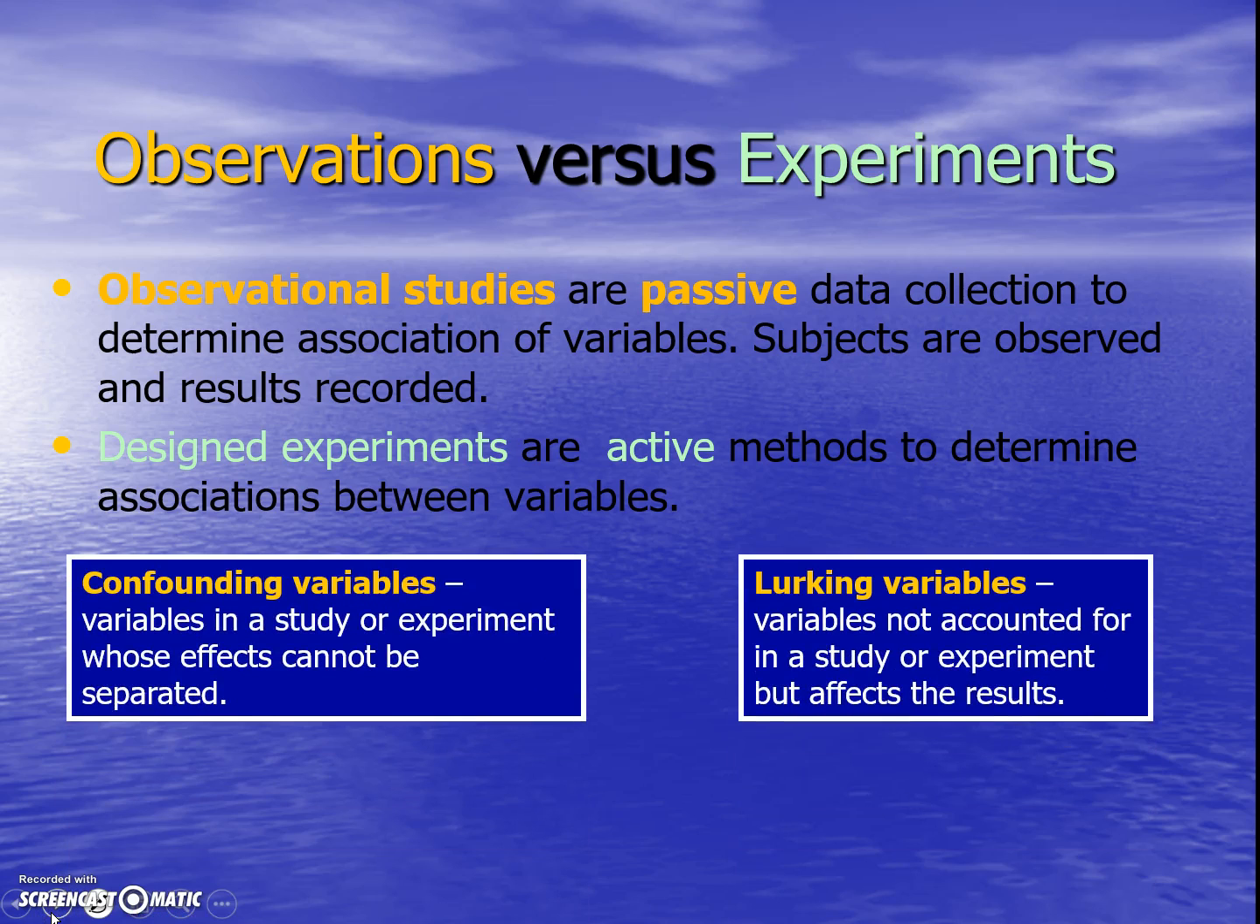And there's something called confounding variables, and lurking variables. Confounding variables are variables in a study or experiment whose effects cannot be separated. Lurking variables are variables not accounted for in a study or experiment, but that affect the results. So I want to read you this